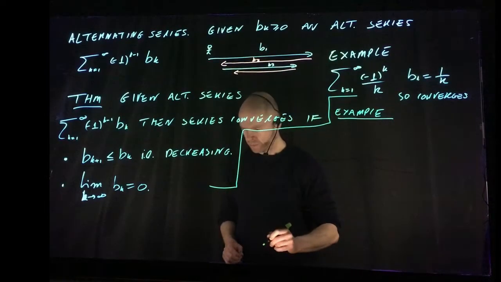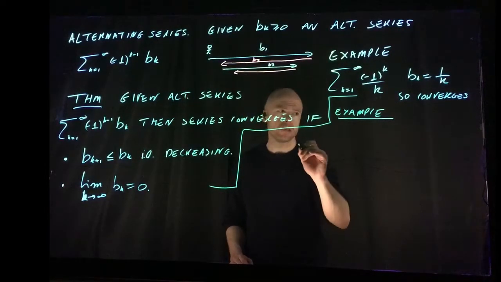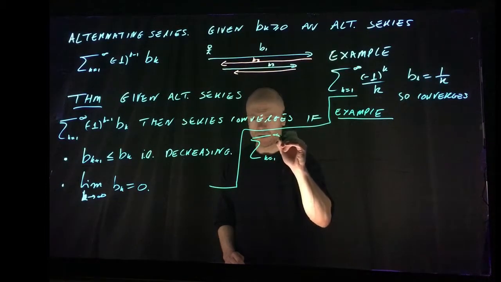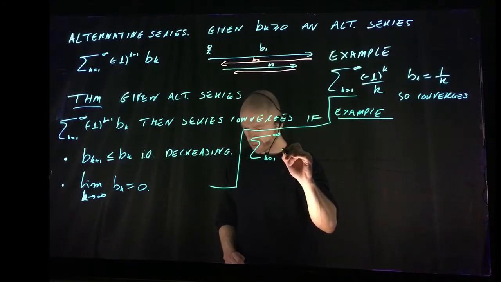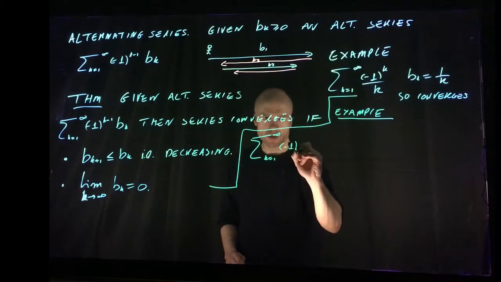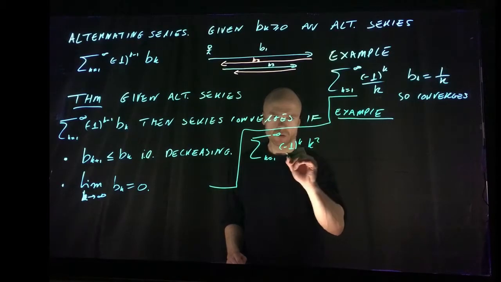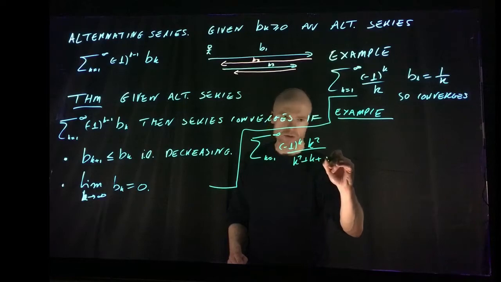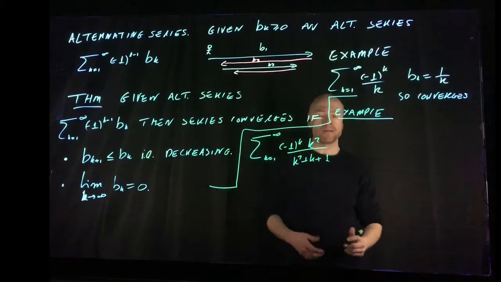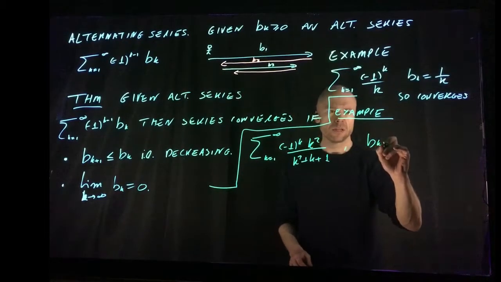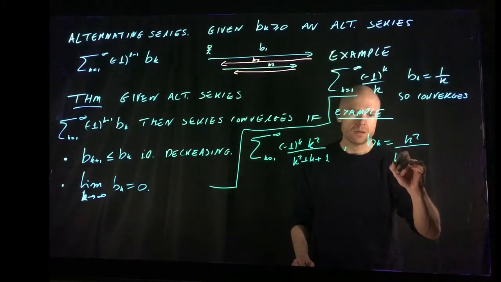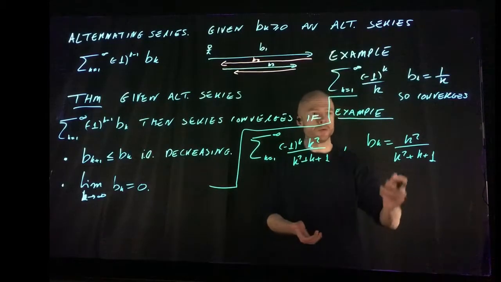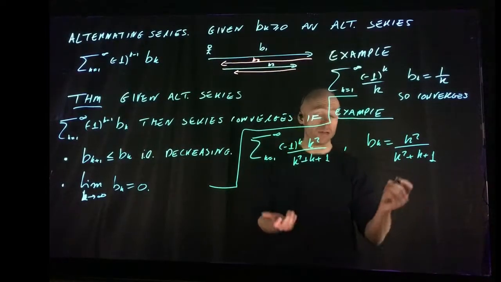So let's take this series, the sum from k equals 1 to infinity, minus 1 to the k squared over k squared plus k plus 1. Okay, so in this case, the bk are just this k squared plus k plus 1, and the limit of the bk is just going to be 1, the dominant term, top and bottom, of the k squared, so